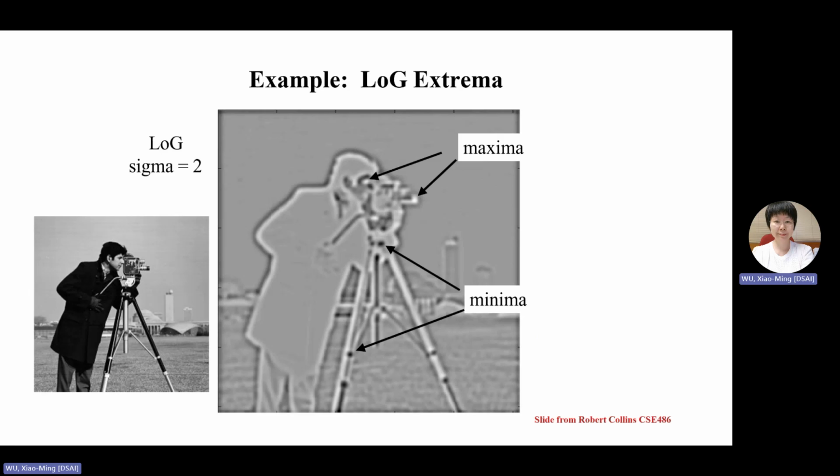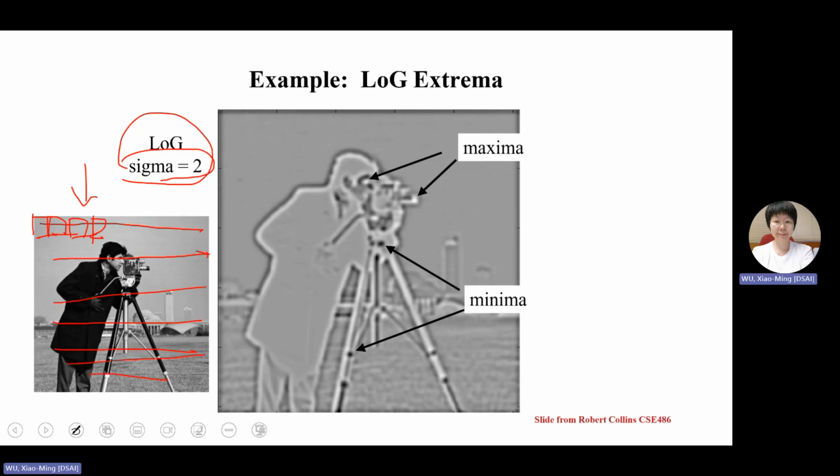Okay, well, we have an image. Now if we apply LOG with sigma equal to 2, this is a small filter, because sigma is small. Then it's like we apply this LOG filter. We scan the image with the LOG filter. We slide the filter across the image, and you will see